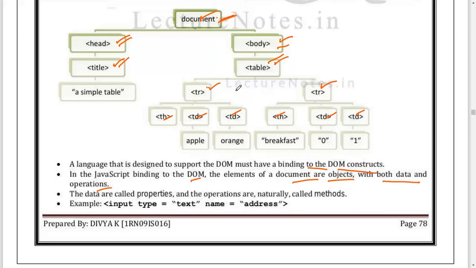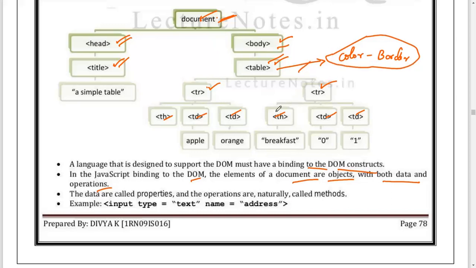As I told you, a table has several properties, for example the color of the table, and you have the border of the table, so you can apply a border, and you have many other properties related to that particular element called the table element.